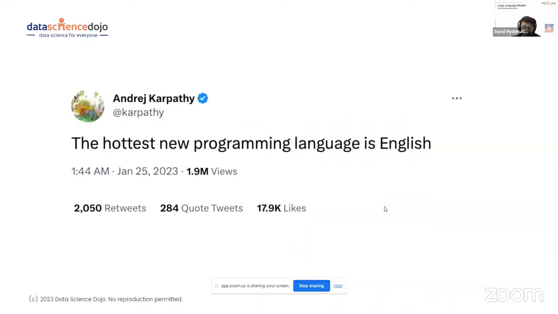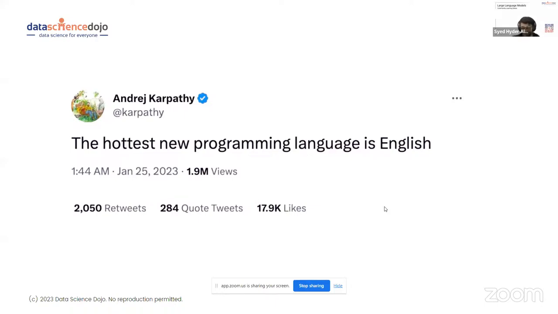Andrej Karpathy, one of the people who led the self-driving car project at Tesla, tweeted at the start of 2023 that the hottest new programming language is English.